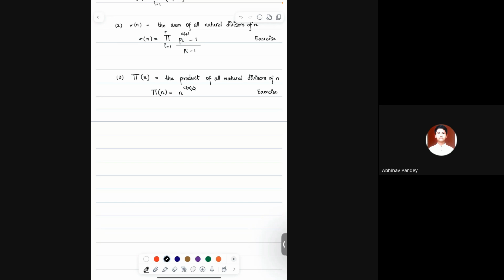No, ma'am, 4, yes. 4 should do that. So you're saying 4. Yeah, but then n is 4, right? So when you do 4 to the power, you don't have to think of it as... you can think of it as n square root n and then raise it to the power tau of n, right? So 4 is a square. So when you do square root of 4, you get 2. You can raise it to the power of tau of n. Got it, ma'am, got it. Okay.